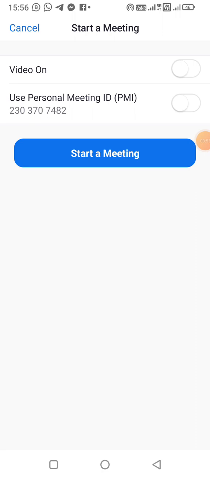So new meeting means, for example, if you want to conduct a meeting suddenly, if you want to talk with your colleagues or your team, without any scheduled time, you can just start a meeting and then conduct a meeting with them, right? So later,